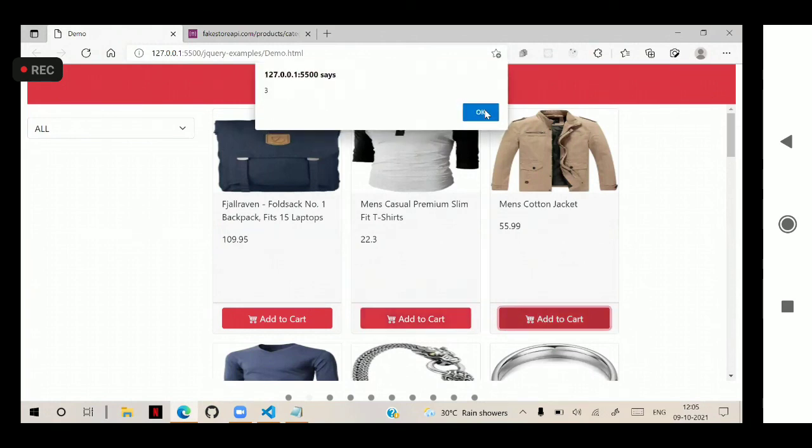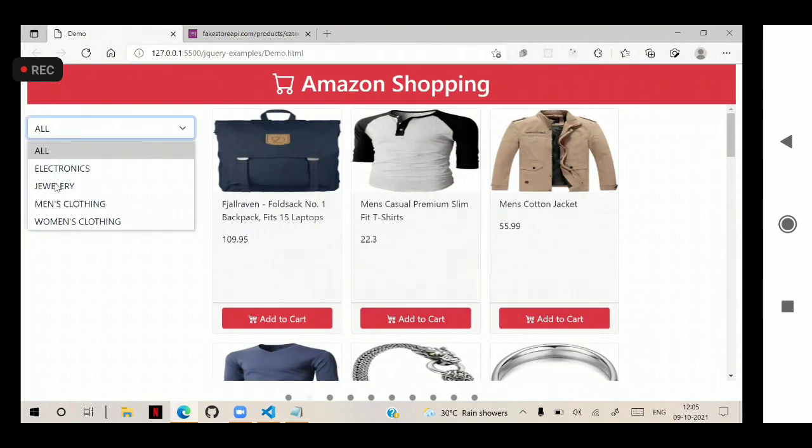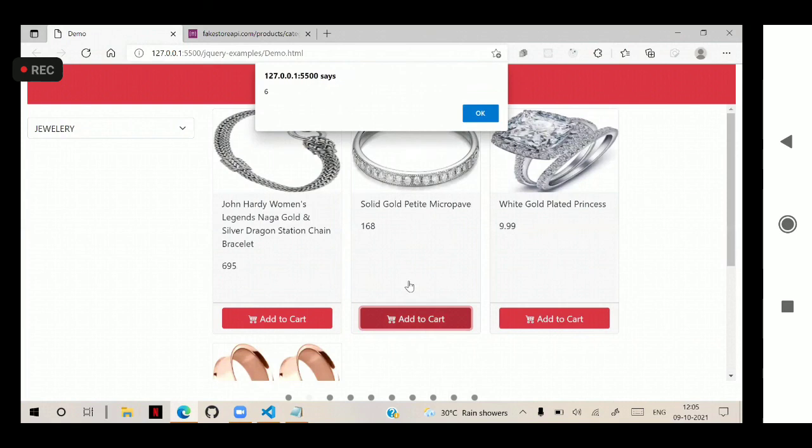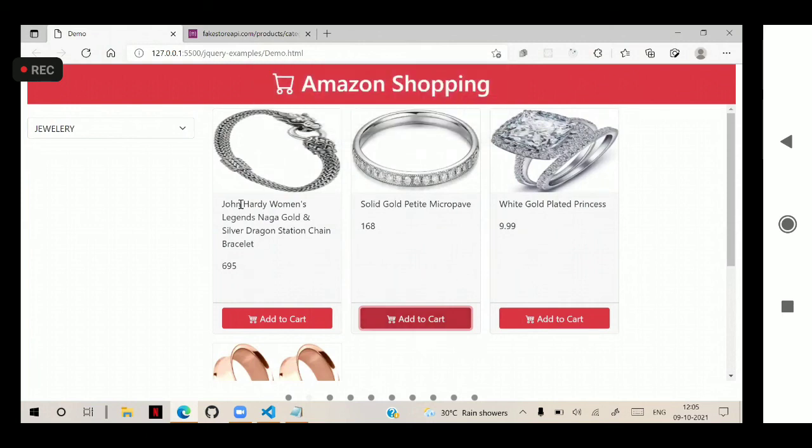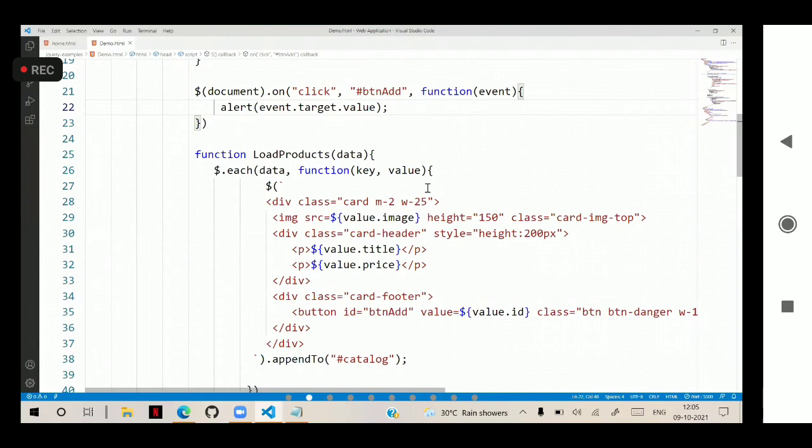That's important. Suppose I selected some jewelry and I click on add, that jewelry item's ID will come. Whatever ID it has, it will display.